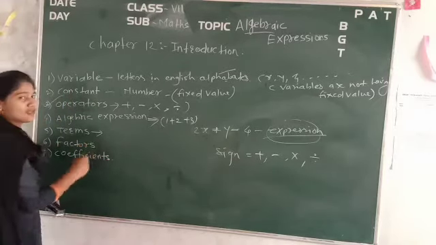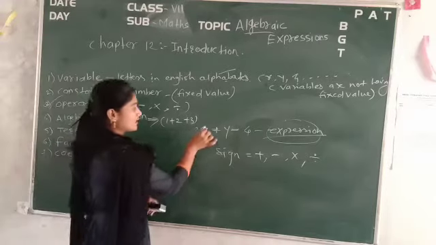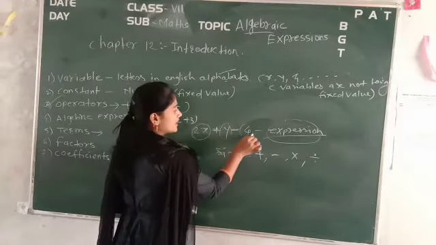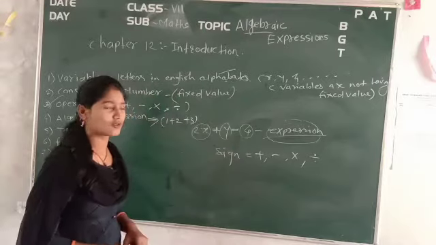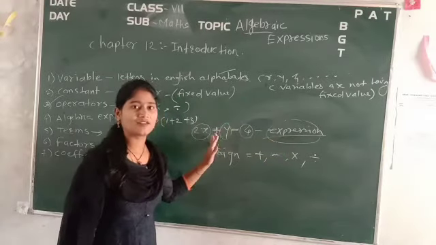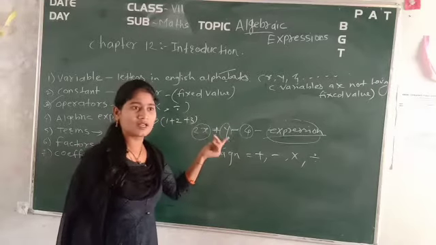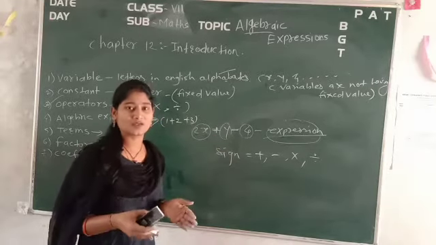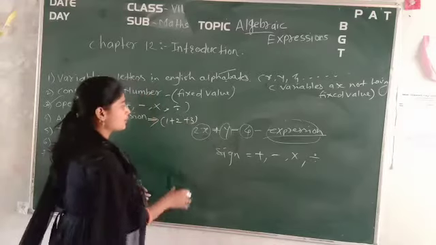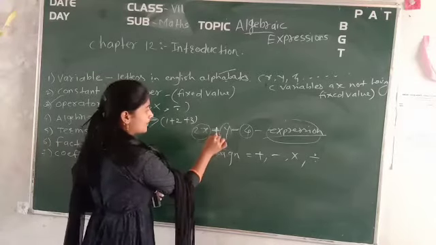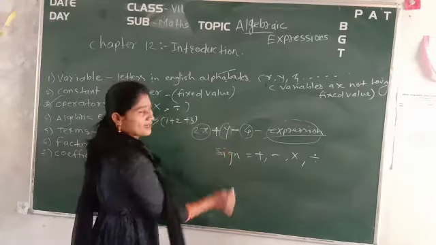Now terms, coming to the terms, what does it mean? Whatever the single is here, these are specifically called terms. So in the expression you will get some members. Members means terms, which are separated by operators. We call them terms. Suppose this is one term, it is separated now by plus, it is also separated by minus.